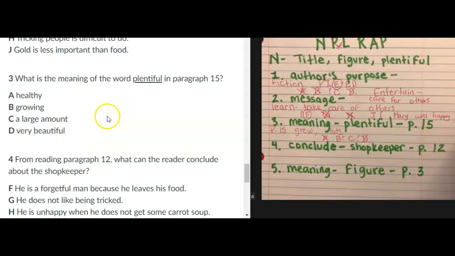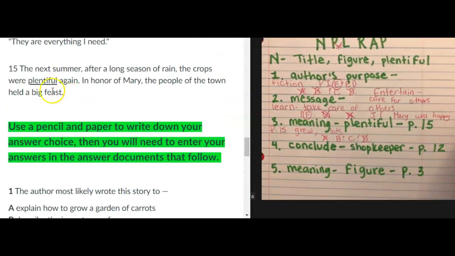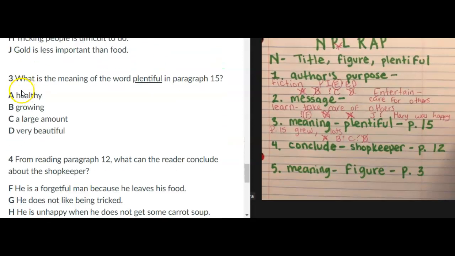What is the meaning of the word plentiful in paragraph 15? It could either be growing or a large amount. I'm going to go back to paragraph 15. The next summer, after a long season of rains, the crops were plentiful again. So plentiful could probably mean that there was lots of them because they had a big feast. So they did grow, but there's probably lots of them. So I think my best answer is going to be letter